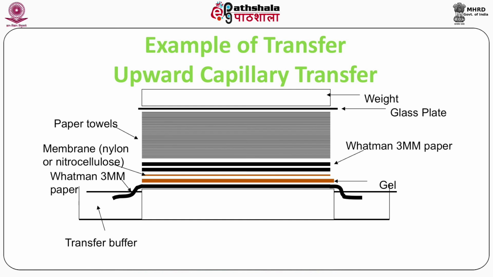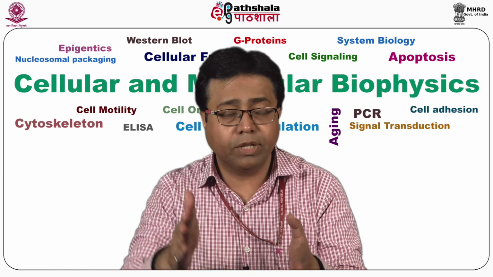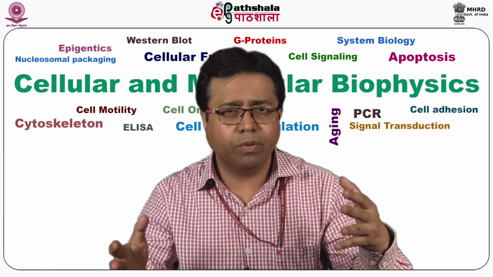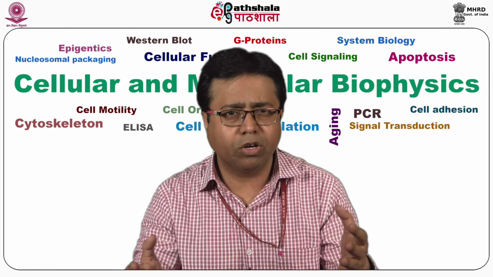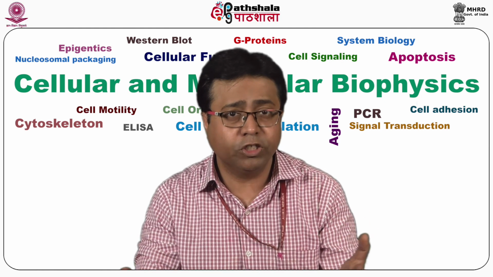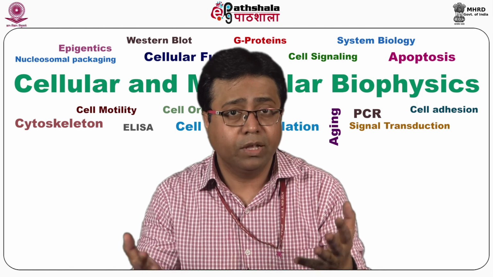Now, these are more practical things, not that important in theory, but just remember that this is the basic way you do it in the lab. You put the filter papers, which act as a cushion. They also act as a reservoir for the buffers, but the entire process has to be electrically driven, because nowadays we do not do it with the help of weight. It's not that good, and there is also a chance of a lot of non-specific diffusion if you are doing it by putting on heavy weight.